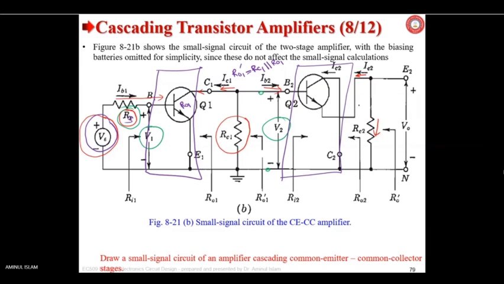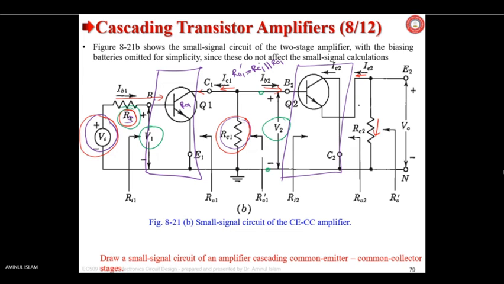Yes or no? Yes, sir. So the source resistance for Q2 is RO1 prime,